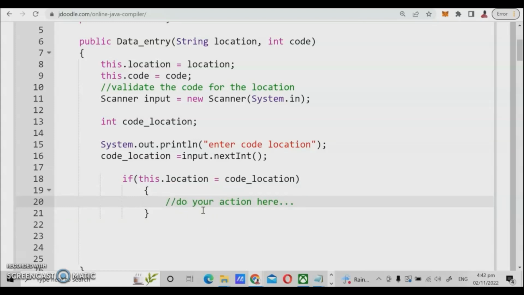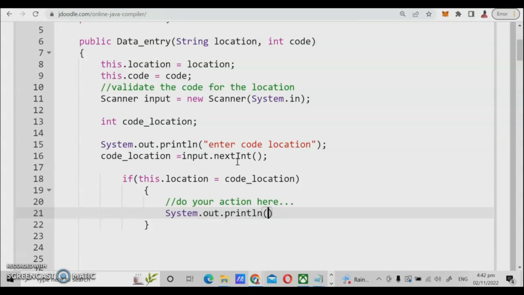Or maybe if you have a package in Google, then of course you can display the map location. But since we don't have the package for the Google location, we can use a text here to display only the result out of the print line. Then we have here: you are located in this area. Otherwise,